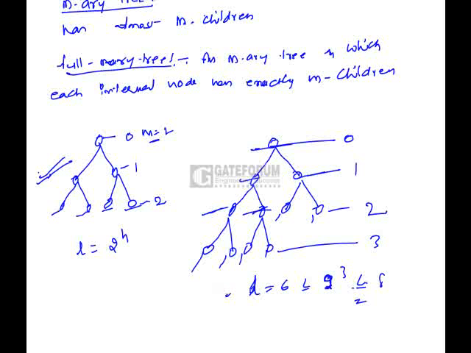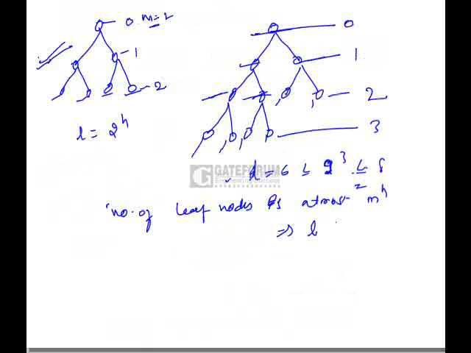So here we can say if h is the height of the full m-ary tree, the number of leaf nodes is at most m power h. That means L is less than or equal to m power h, where L is the number of leaves. So here correct